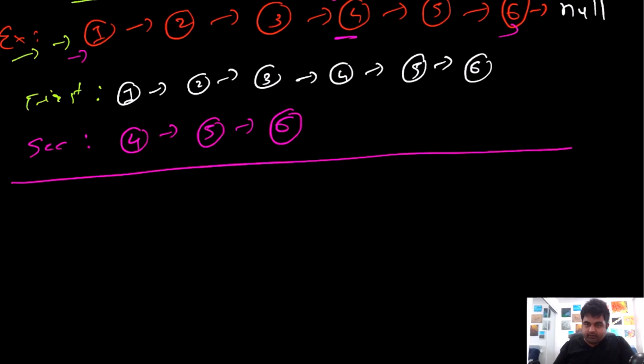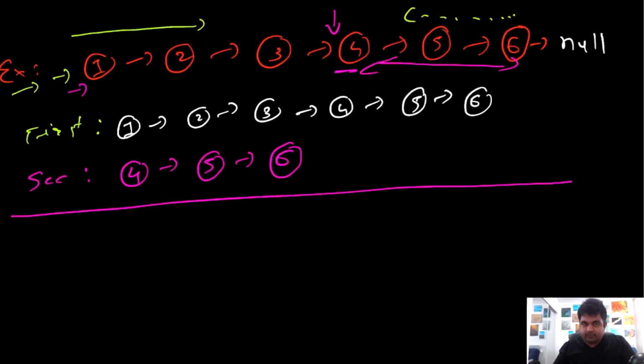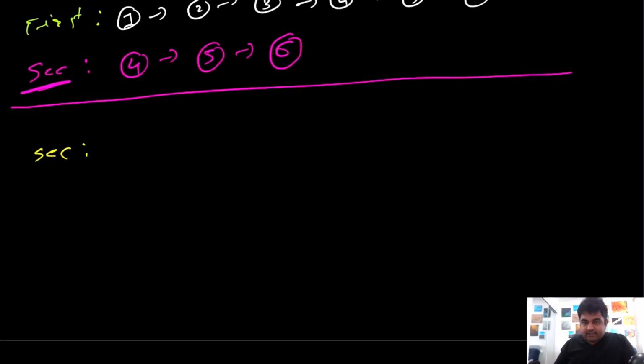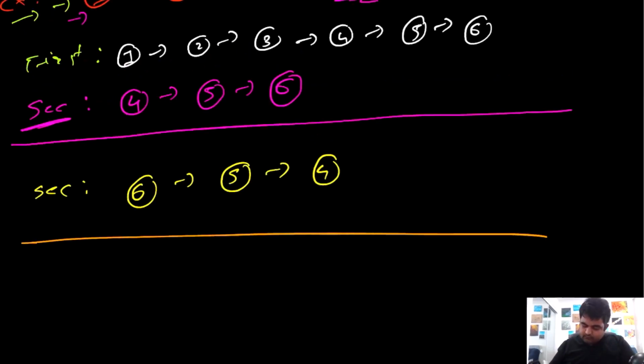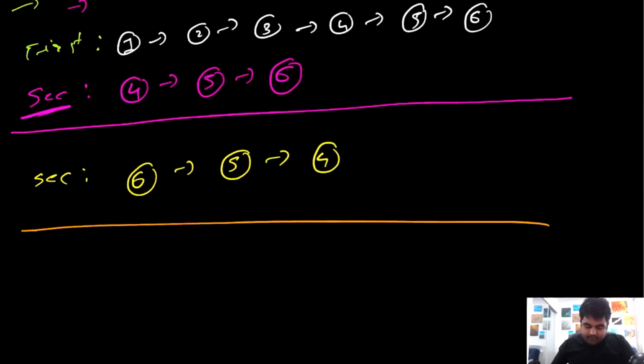What we are going to do is, we need all these nodes in the reverse order. So for the second linked list, we are going to flip it in the reverse order. So now for the second linked list we are going to change it in the reverse order. So the second linked list we will have would be like this. Okay, and once this part is done, for the third part we are going to merge the first and second